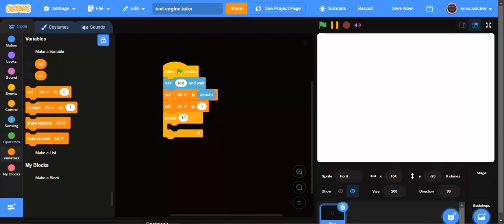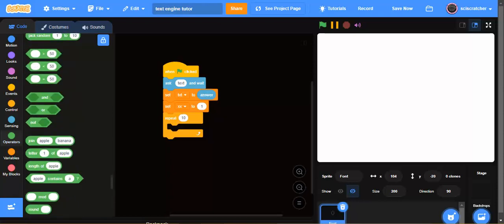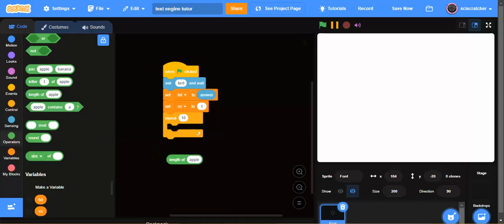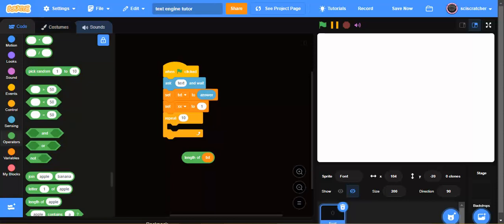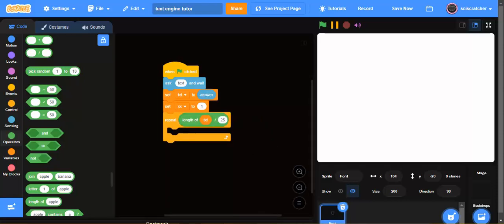and repeat length of txt. Okay, so we have to do length of txt divided by 25. Length of txt. Okay, let's throw this into there, and now yes, now we have to